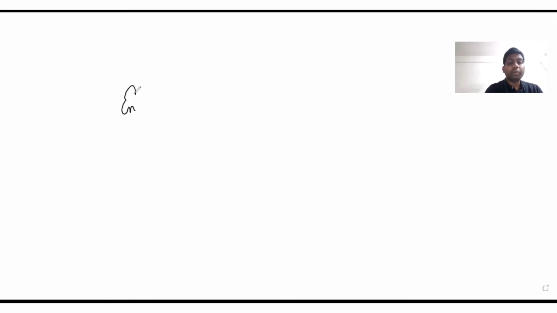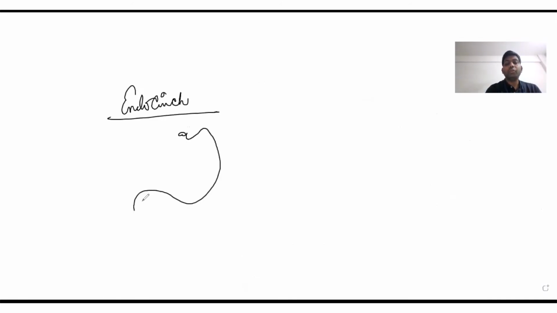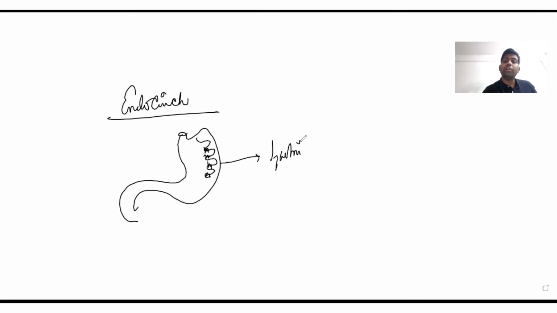The Endo-Cinch procedure was traditionally used for GERD. What is done in this procedure is, multiple sutures are placed inside the stomach and the gastric wall is converted into pleats. Multiple sutures are placed endoscopically and thus they reduce the intragastric volume. So the gastric volume is decreased because multiple pleats are taken and they are sutured in such a way that the gastric volume is decreased. And that's how this acts as a restrictive procedure, as we can see in the image.